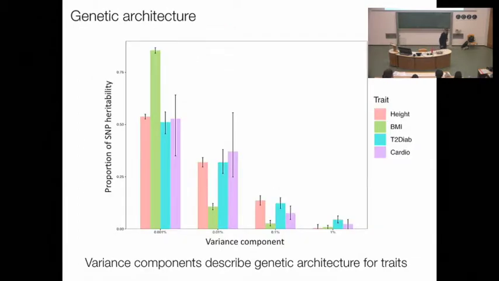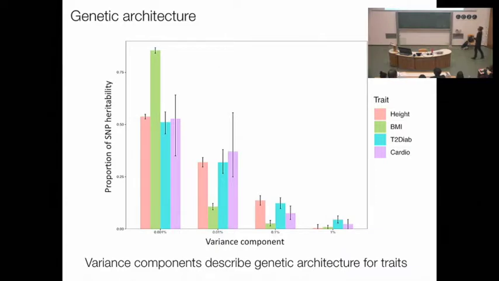When we apply this to real traits, so this is some initial results we have, the proportion of SNP heritability across the different variance components. So I have 5 mixture groups here. One is 0, one is 1% of the SNP heritability, one is 0.1%, one is 0.01%, and one is 0.001%. For height, body mass index, type 2 diabetes, and cardiovascular disease in 460,000 people and 14.5 million markers in the